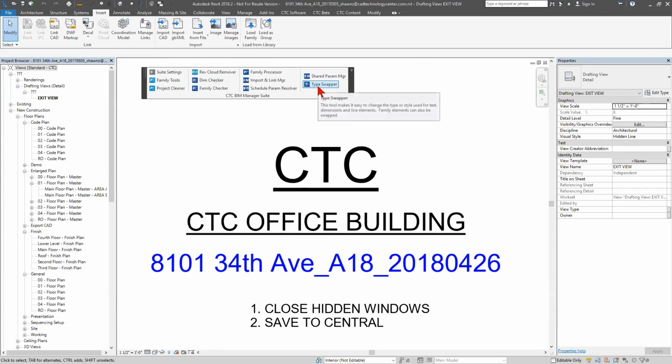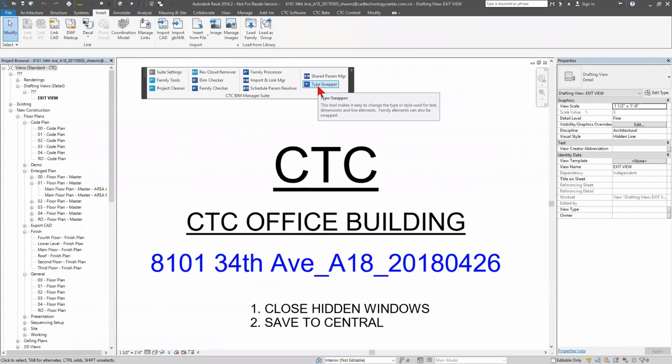Down here at the bottom right is one called Type Swapper. This tool is specifically built to swap out things when you load in a family, or especially system families, which is notorious for doing this. It'll often bring along for the ride another family. And Revit will give you this lovely little message saying this family is already there, so we're going to rename this family to parenthesis 1 or -1 or whatever name it uses. Well, that's lovely that it does that, right? It keeps the original and gives you that copy, but then you have to go through and clean that up over time. So the Type Swapper is built around helping you clean those all up, and it'll swap out the